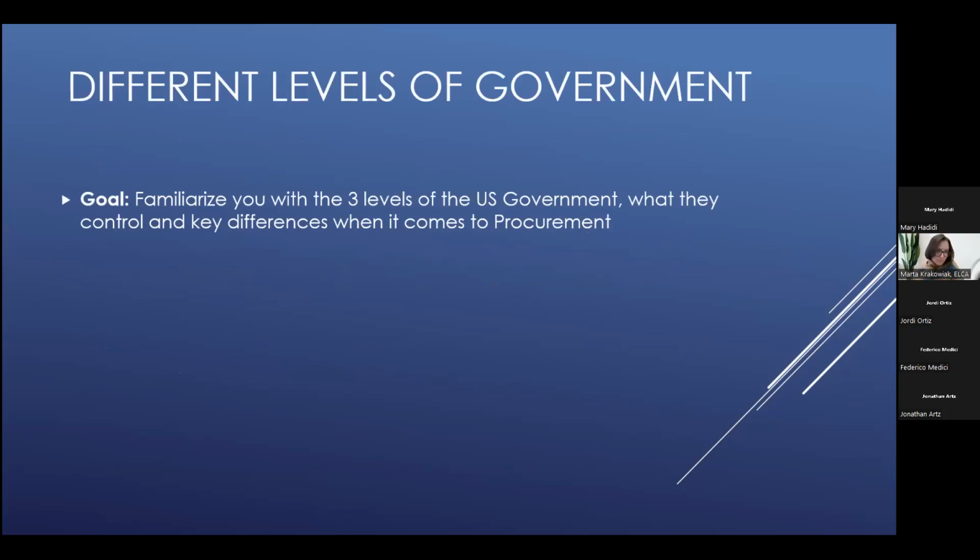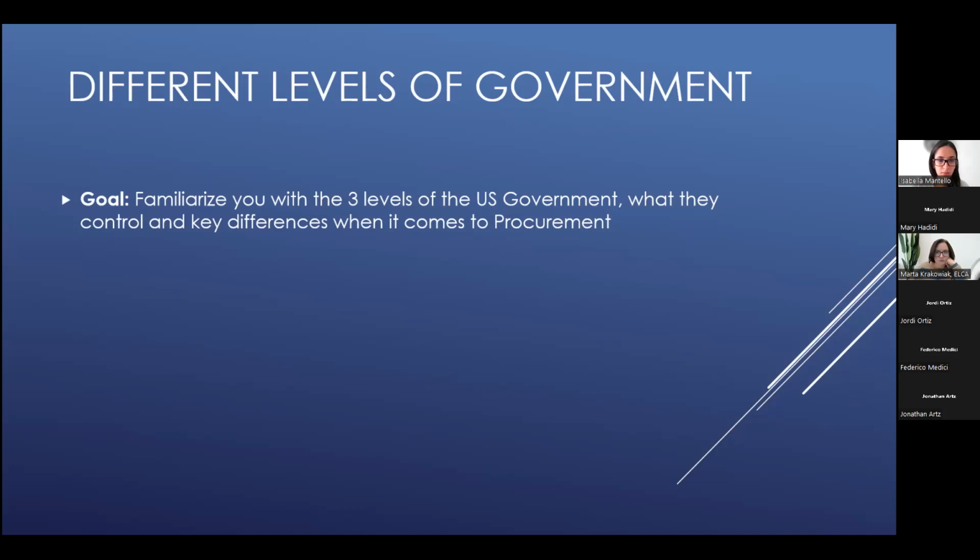The goal of this part of the training is to familiarize yourself with the 3 different levels. So here in the US, government means different things depending on who and what you're talking about. And they control different parts. They operate differently when you're looking to bid on procurement. They all do operate, however, very similarly in the fact that they do need to go out for competitive bids most times. There are occasions where they can buy directly from you without a bid, and I'll get into that,